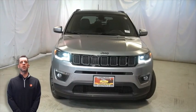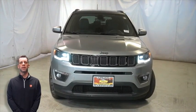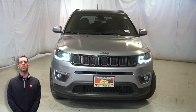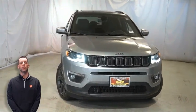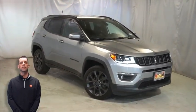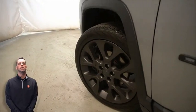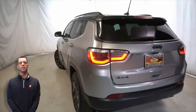If you're looking for a functional, compact SUV with reliability and safety for the whole family, then take a look at this certified pre-owned 2020 Jeep Compass High Altitude in billet silver. With bi-xenon HID headlamps, front fog lamps, 19-inch aluminum wheels, satin granite badges, neutral gray side roof rails, rear window